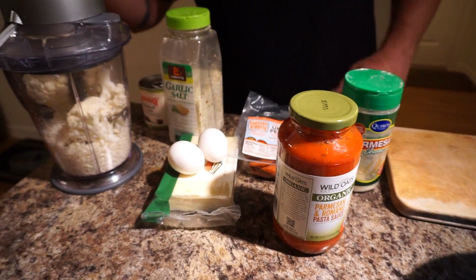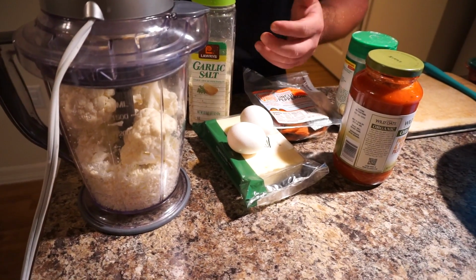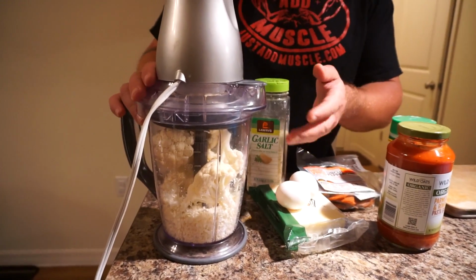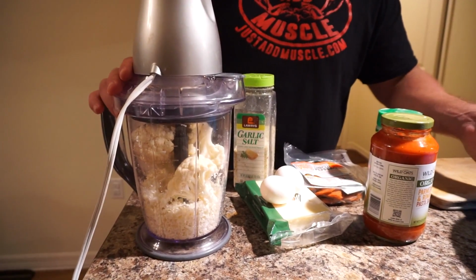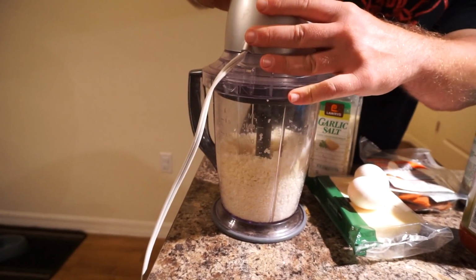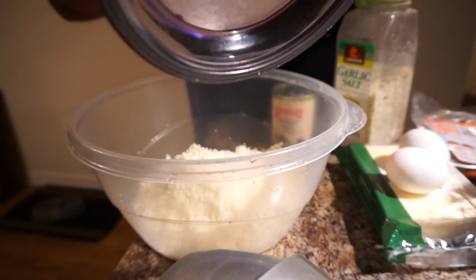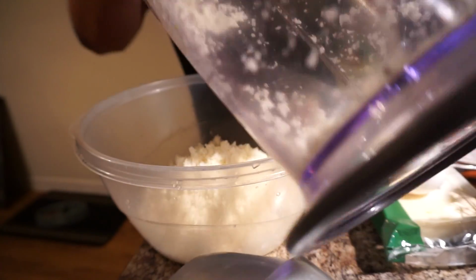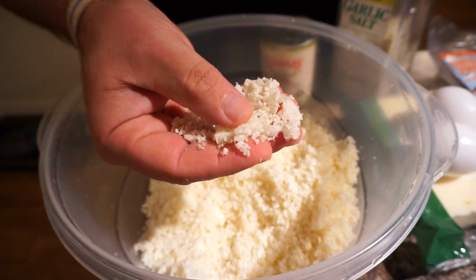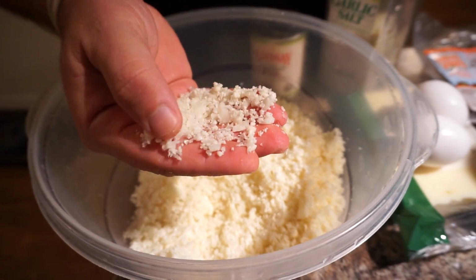We're gonna get started here. I still haven't found the blade for my food processor, so today I'm doing this with a Ninja. Basically what you want to do is you want to take your cauliflower flowerets and break it down to pieces and then stick them through your food processor. This is the consistency that you guys want your cauliflower to be, kind of like couscous, or like real small little rice,